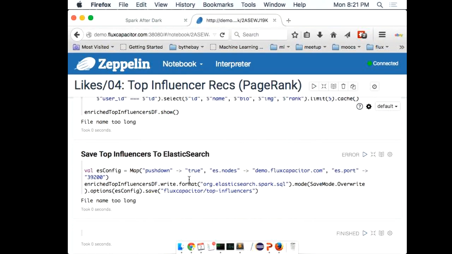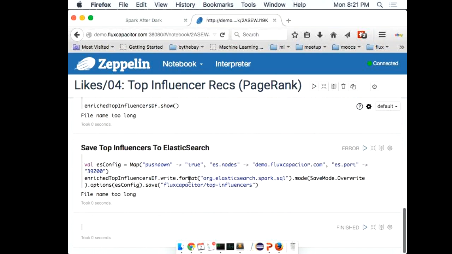So there's different save modes. The most interesting one is error if there's already data there for this particular key, so it'll error out. So I'm basically using Elasticsearch here. I'm taking that unique ID that's at the top of your Spark After Dark, just like a 6-digit thing, and using that as a key and stuffing it in. So I'm basically pre-generating these things, and then when you click the button,